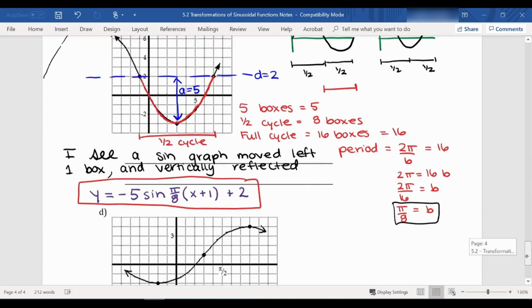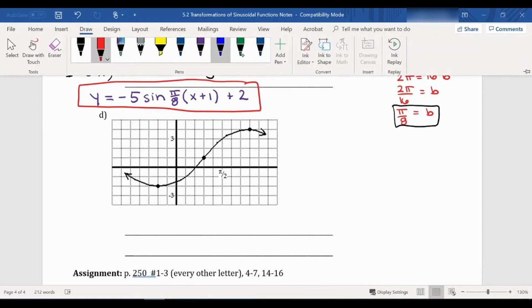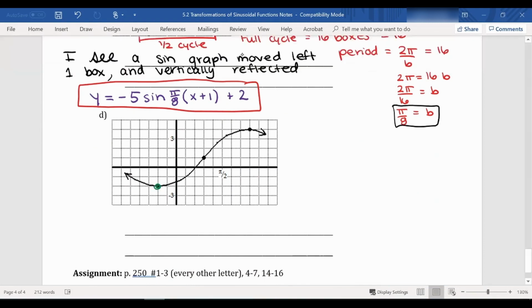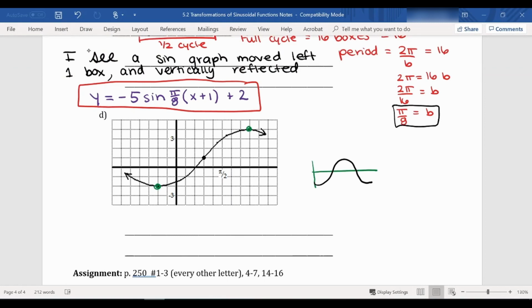And last one, same thing. As soon as I see this minimum maximum business, I think cosine. So when I see this, I think, oh, this looks like an upside down cosine graph. Okay. And again, from midpoints, I know that I've got a half of a period from my minimum to my maximum and a half of a period from my maximum to my minimum. So this here would be a half period,